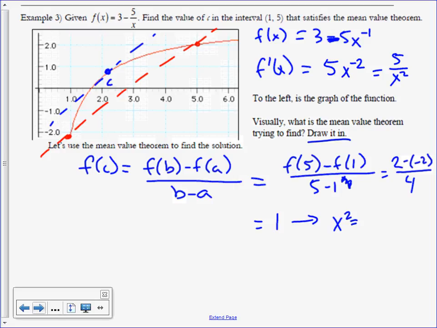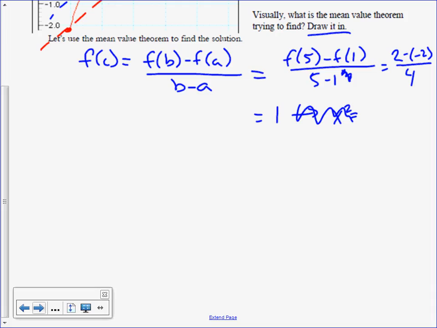If you plug the 1 into the f prime of x, let me do that down here. Here we go. So C would be 1. So f prime at 1 would be,